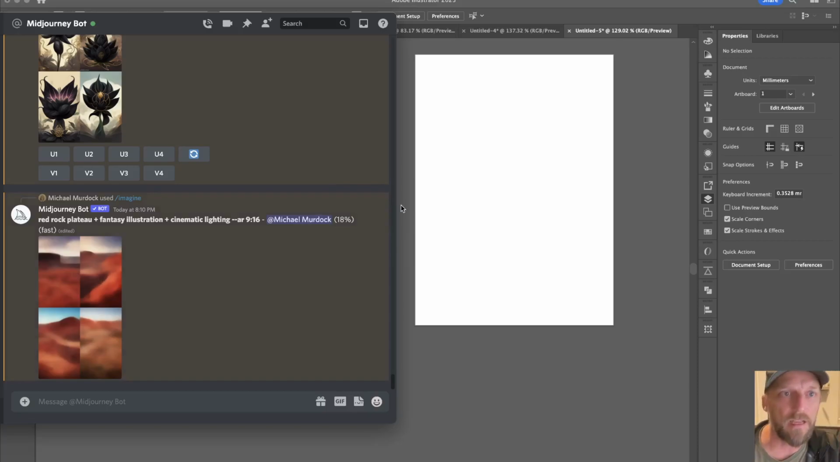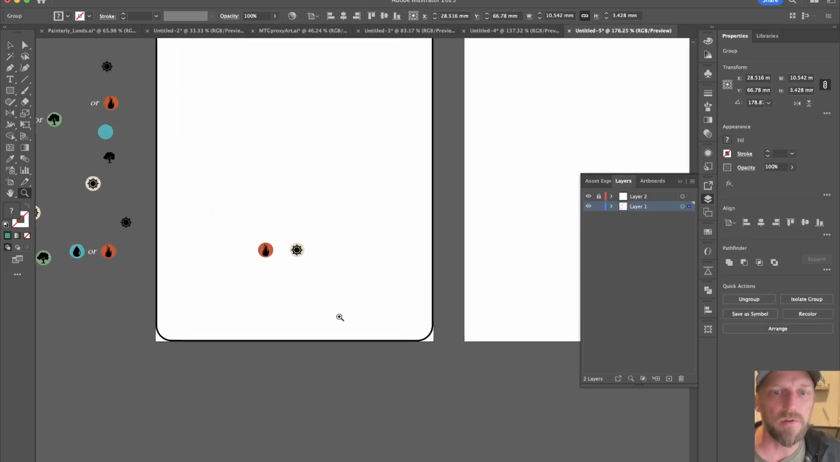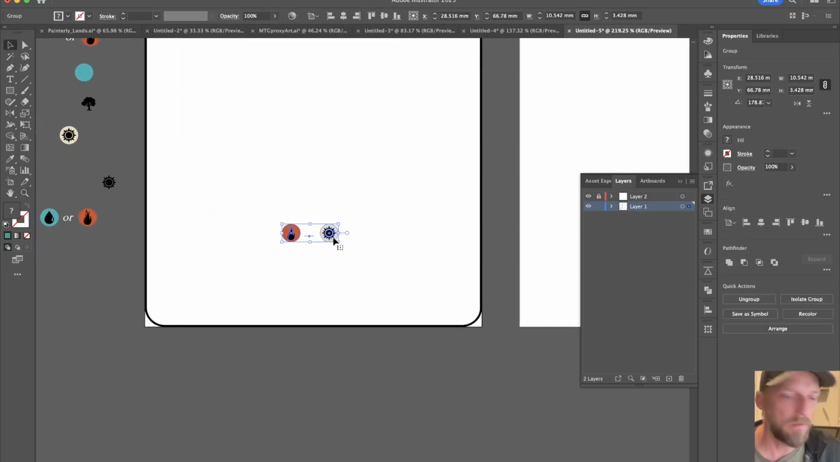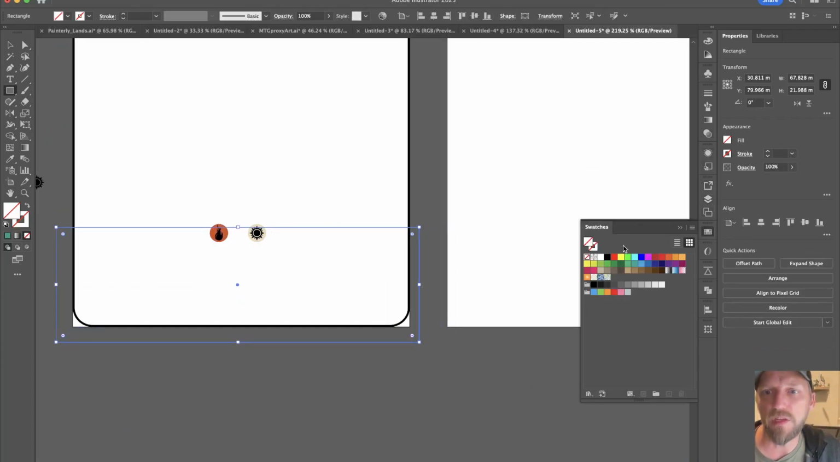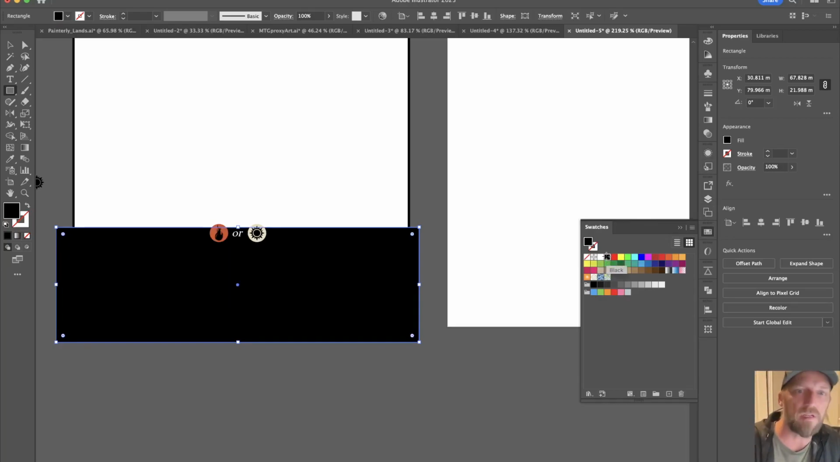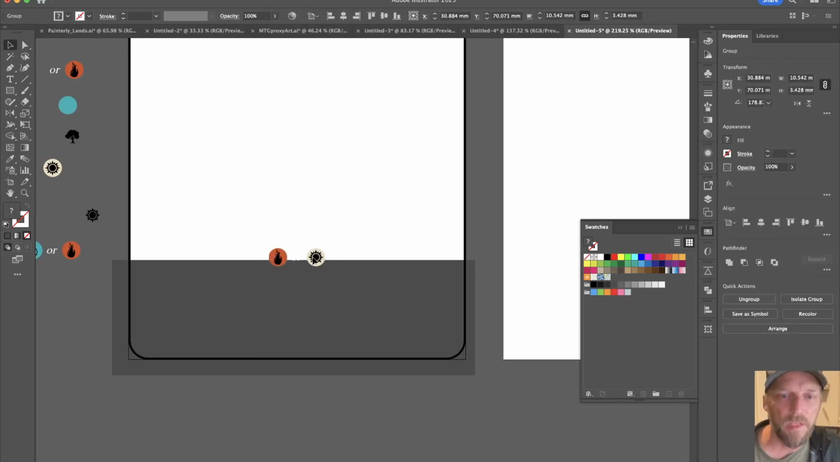It'll take a second, and Midjourney is in Discord. You can just search for Midjourney and get information on that. So plateau is red and white, so I'm going to grab these. I'm going to create a box. We'll just make it black for now. Set it to not black. Let's do a gray so we can see where it's at. So this is going to be a simple